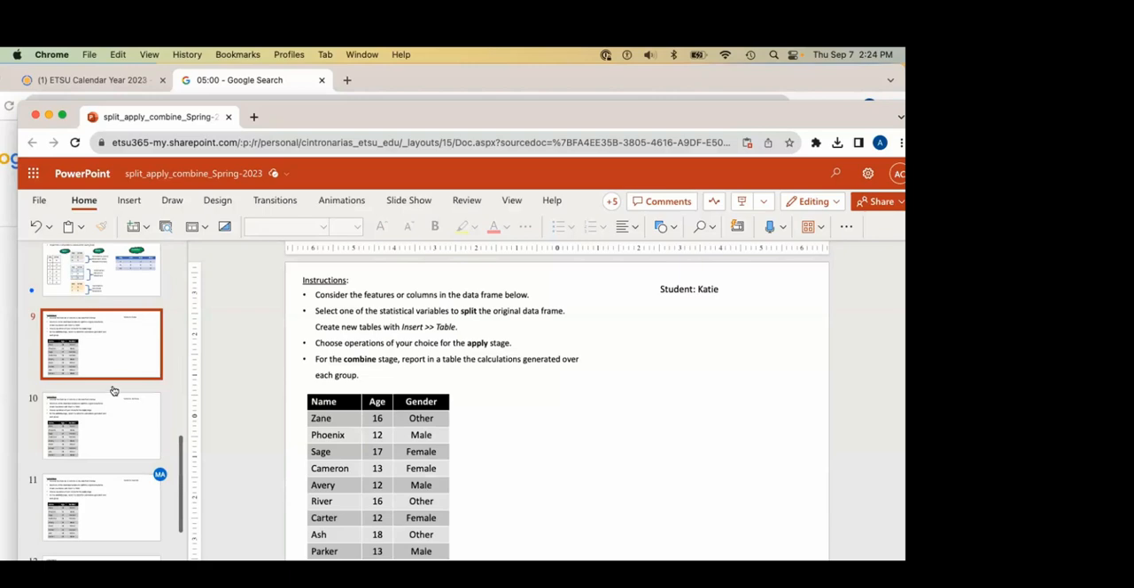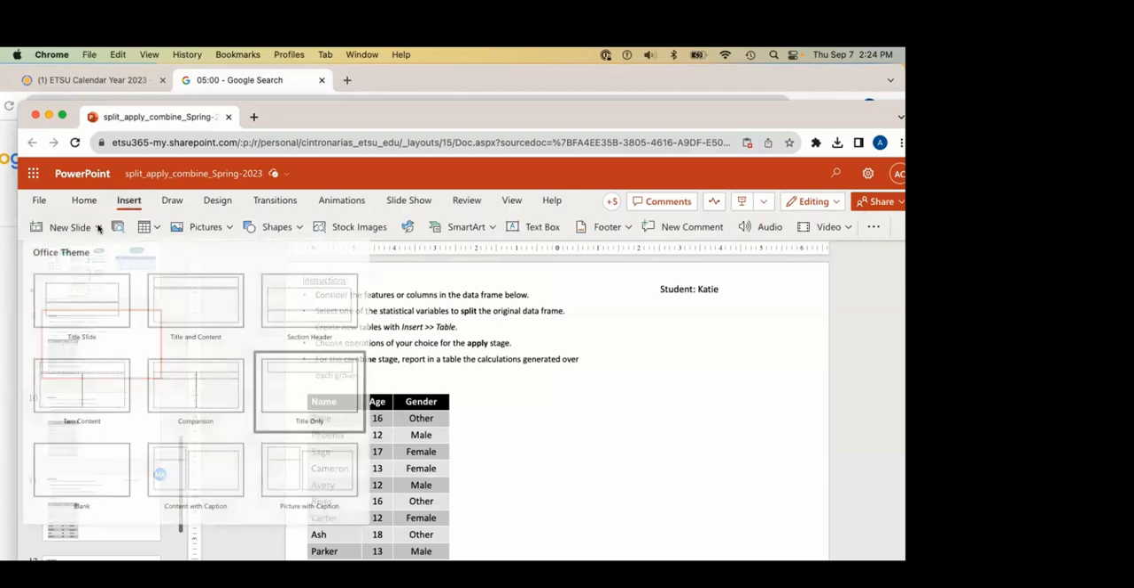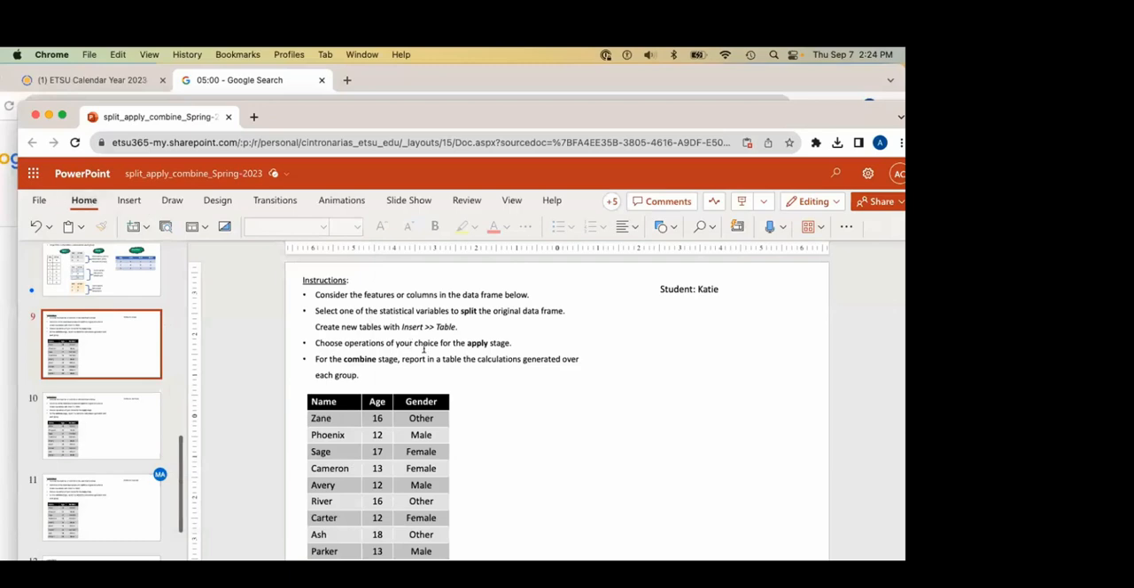If you need an extra slide, remember, you can use insert and do new slide. But to begin with, you're going to try to work on this space that you have there. So you're going to choose one variable, meaning one column, to do the split. Choose one statistical variable to create the groups or do the split. And once you do that, you're going to have to add,